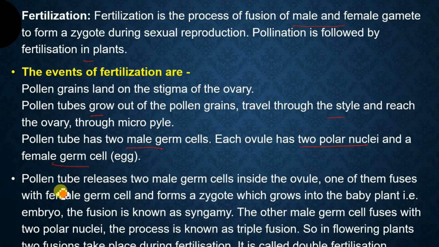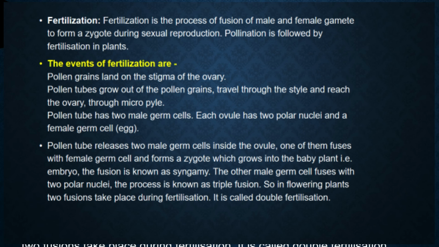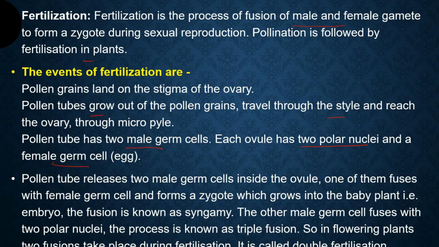After that, the pollen tube releases the two male germ cells inside the ovule, where one of them will fuse with the female germ cell. So out of the two male germ cells, one will come and fuse with the female germ cell,